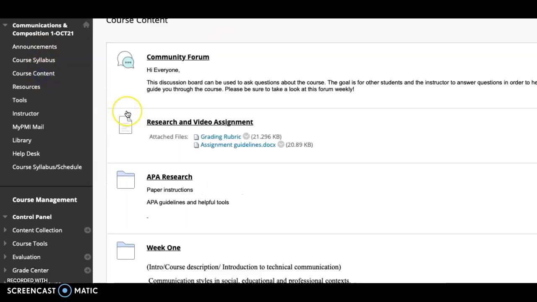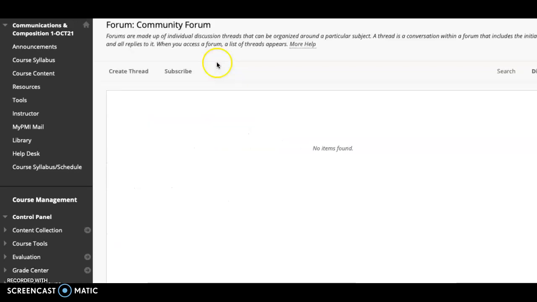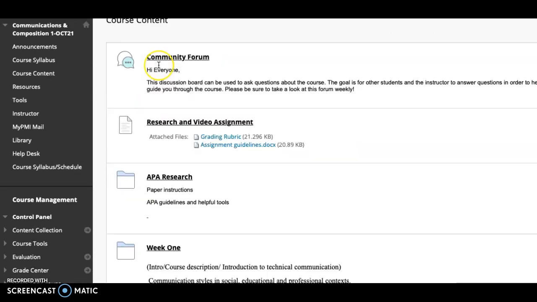Further down the line, if you go to course content, that's where the majority of our information is going to be within this course. You have a community forum at the top, which you will use to talk to students and ask questions. So if you have a question for me that you don't want to email, that you think could be potentially answered by another student, or you would like other students to know, feel free to throw that in the course community forum.